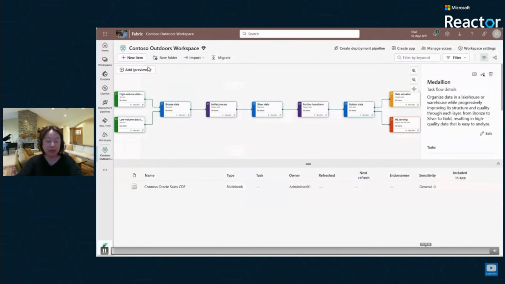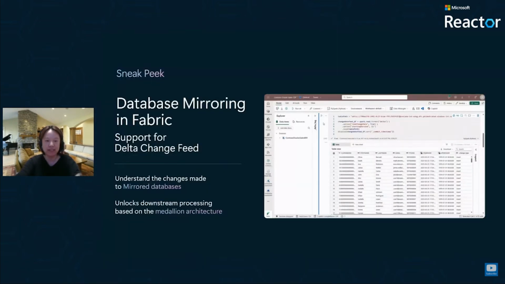Through the demo, you can see how easy it is to set up a mirroring database for Oracle. This setup flow is actually common across different types of data sources that we support for mirroring. And in addition to mirroring being very simple to help you keep replicating the data from source database into Fabric